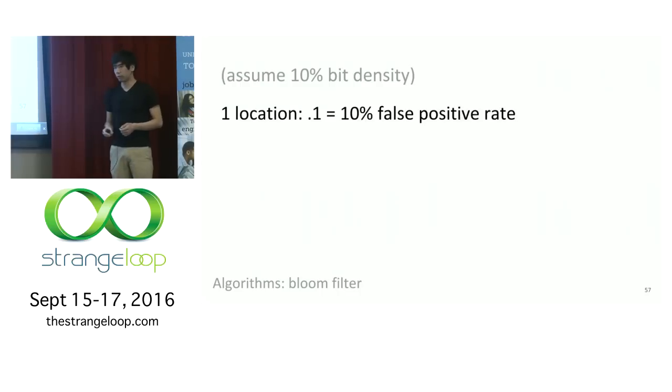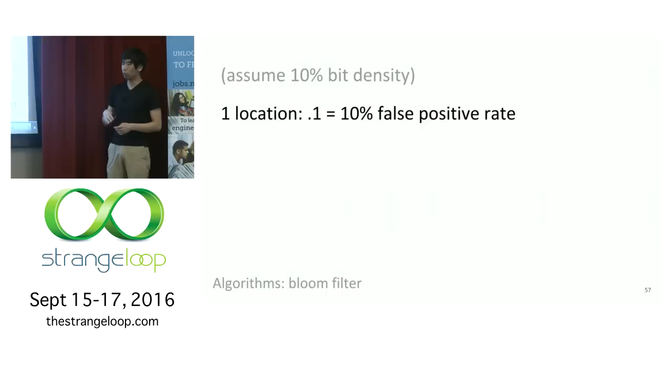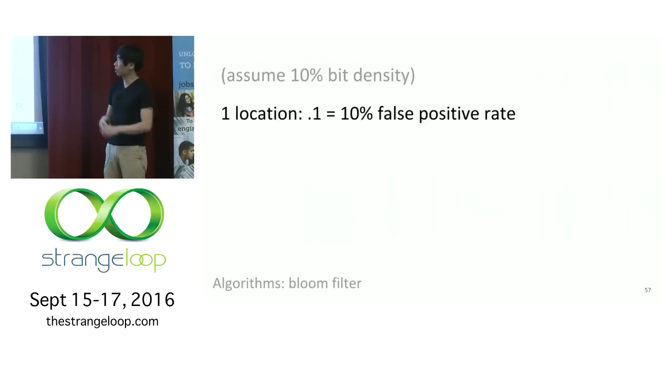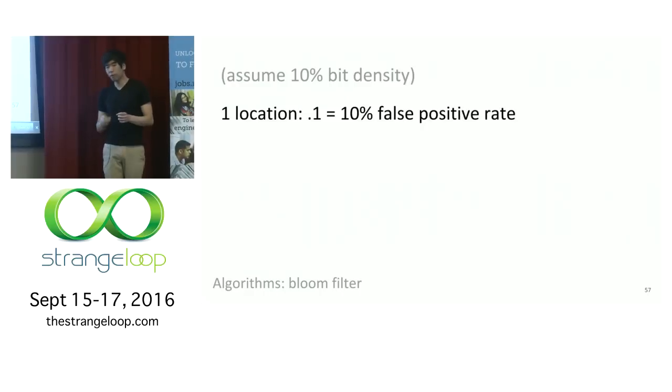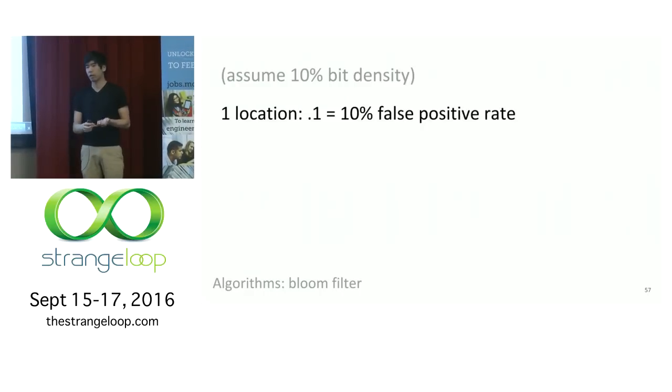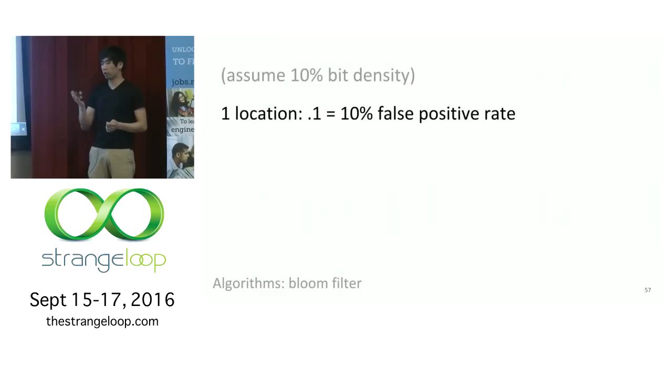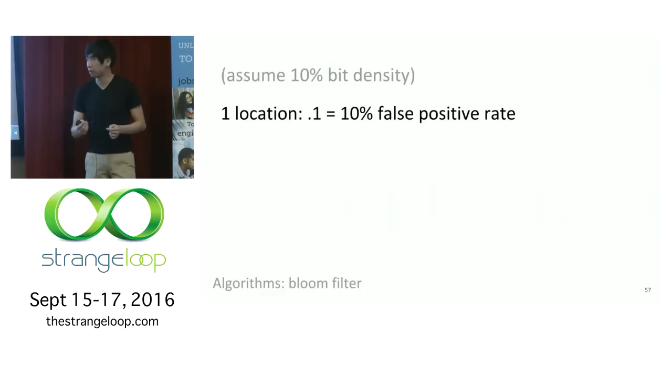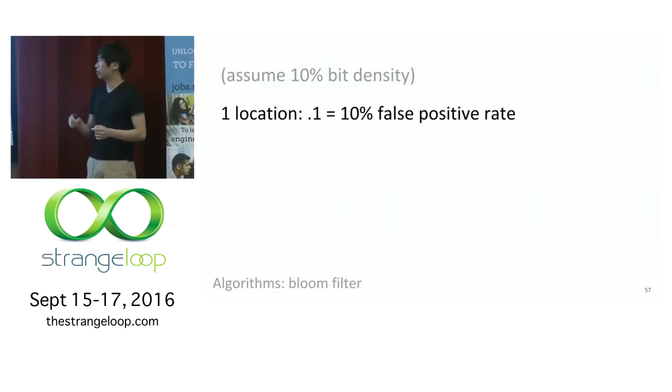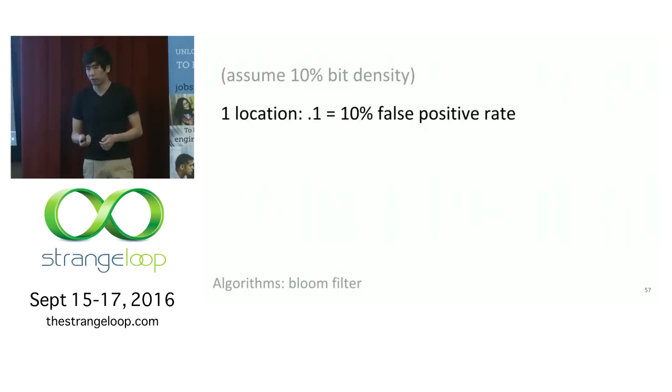So let's assume for a second we have 10% bit density. This is actually under our control, but let's say we control it such that we have 10% bit density. Let's say we hash to, instead of 3 locations, just 1 location. So if the term is in the document and we hash that location, we'll set that bit, right? So the probability of false negative is actually 0, because we look at this bit, the bit is set, we conclude the term is in the document. If the term is not in the document, what's the probability we'll have a false positive? Well, since we did not set that for this term in particular, there's a 10% chance, if you have a 10% bit density, that bit will be set just by chance, right? So we have a 10% false positive rate.